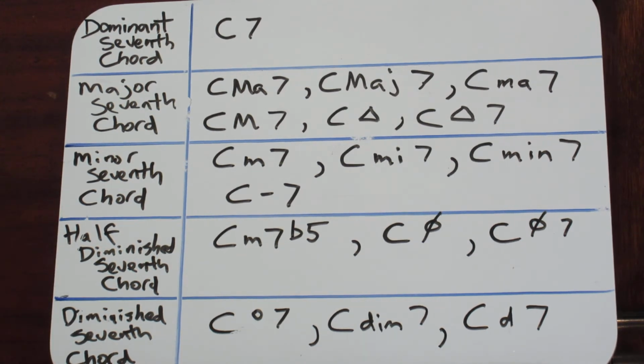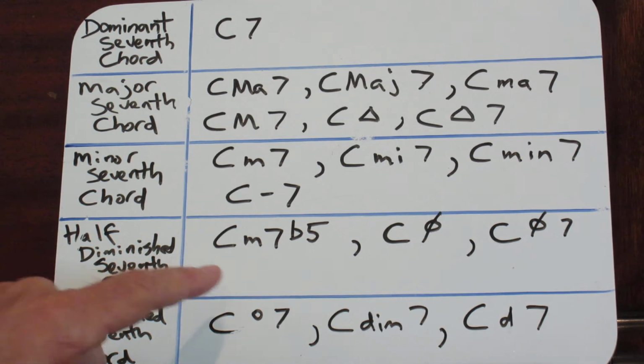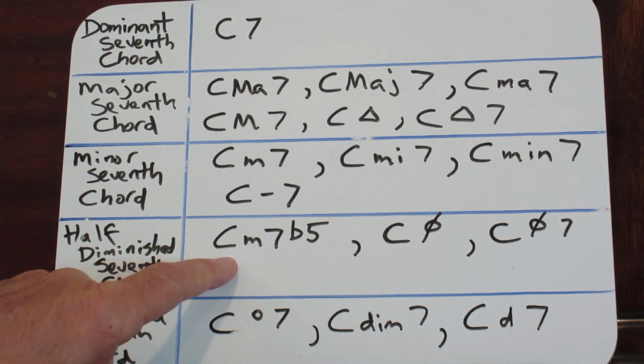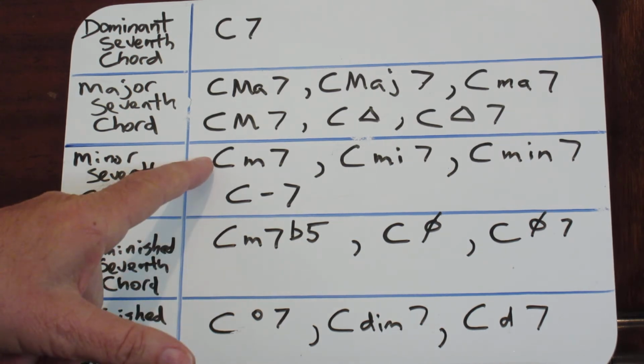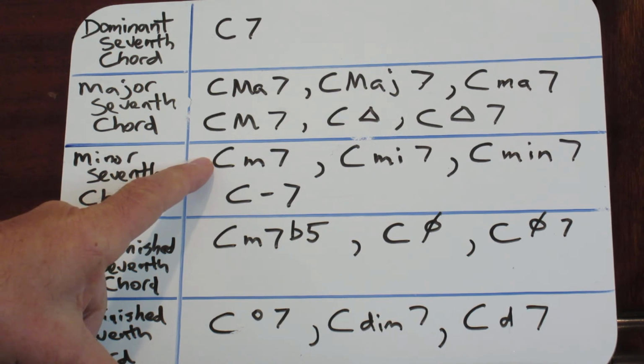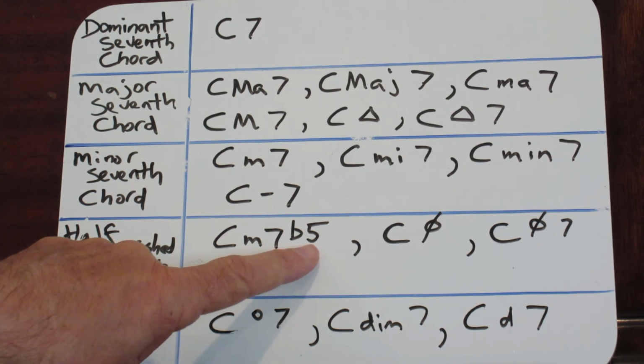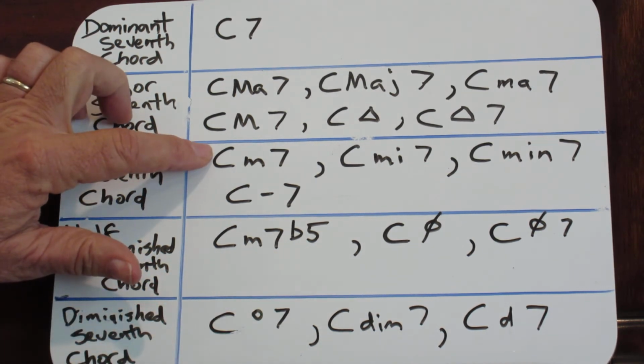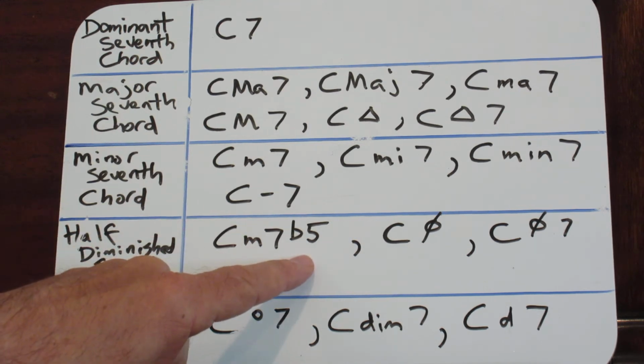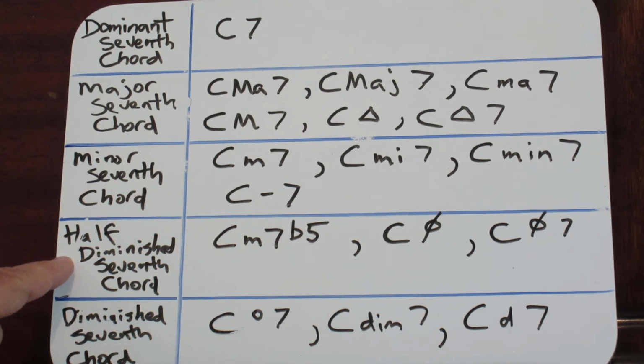A half diminished seventh chord is 1, lowered third, lowered 5th, lowered 7th. Now, because of the way we use that chord today, the recommended symbol is minor 7 flat 5. Now think about this. A minor seventh is C, E flat, G, B flat. C minor 7 flat 5 is C minor 7 with a G flat and a B flat. So if I take this chord and I flat the 5th, I get what is traditionally called a half diminished